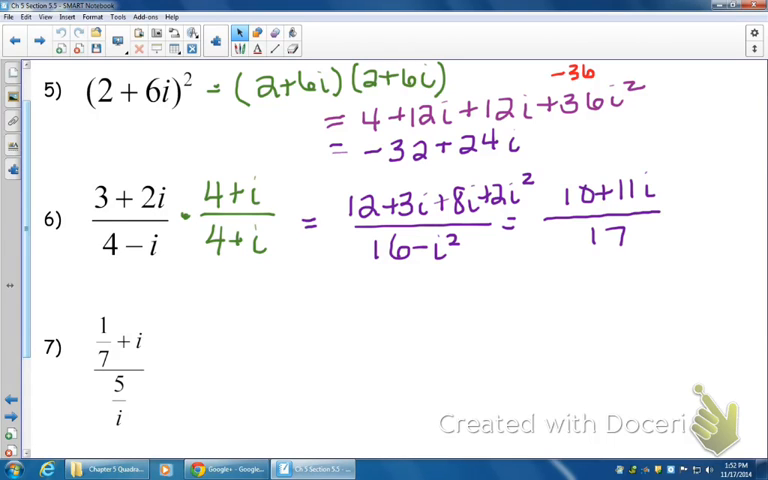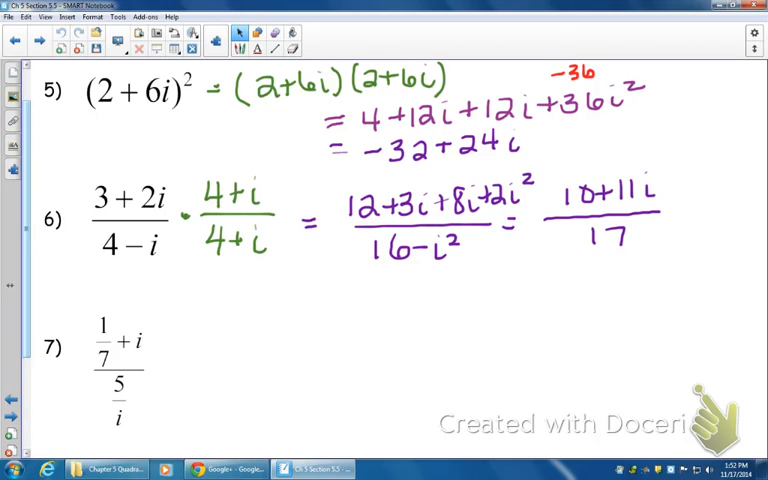So the first one, we FOIL it out. 4 plus 12i plus 12i plus 36i squared. Again, remembering that i squared is negative 1, so positive 36 times negative 1 is negative 36. Combine that with the 4 to get negative 32 plus 24i. In number 6,